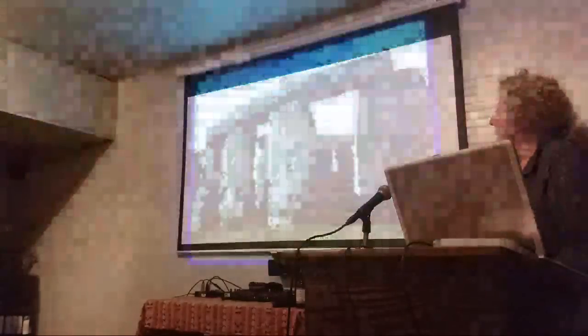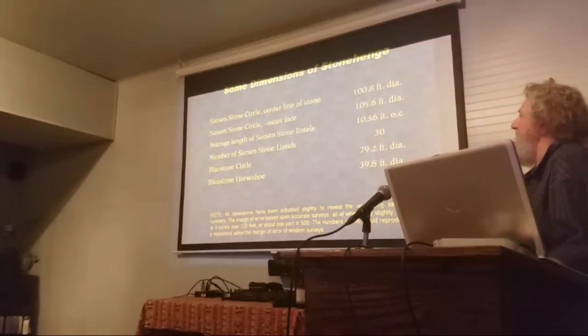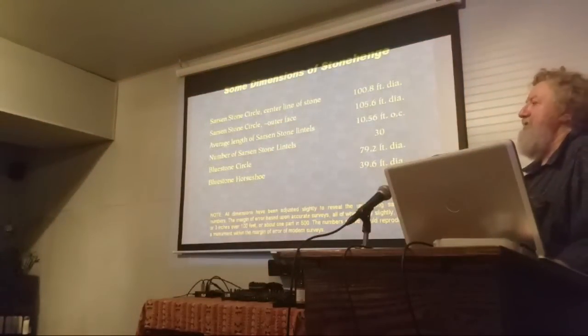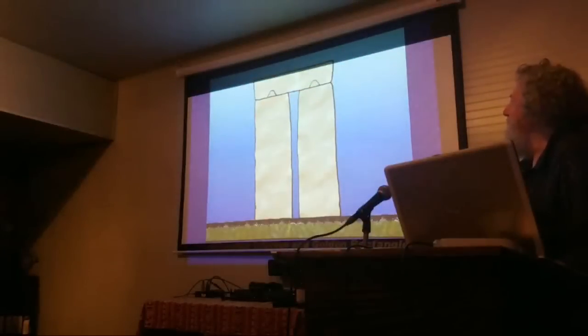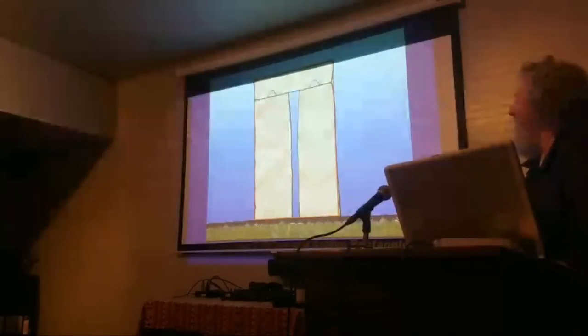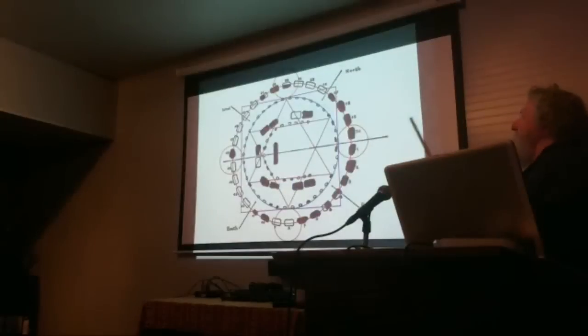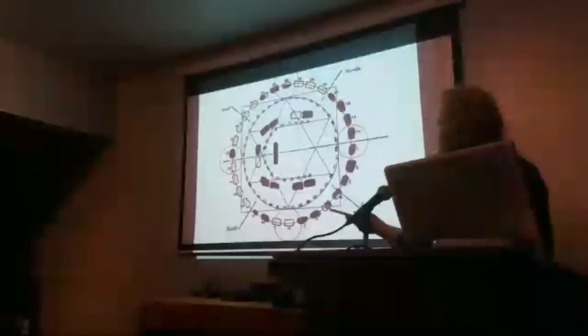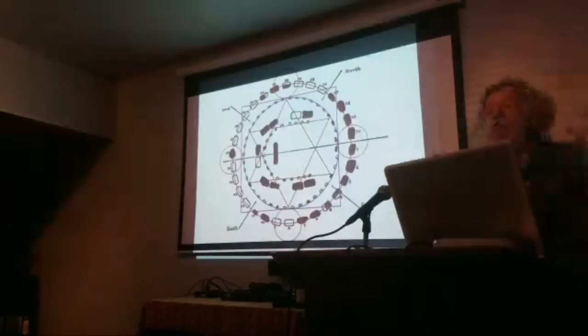Stonehenge, let's see here. Yeah, there's the ground plan of Stonehenge. Here's all the numbers. You know, it's almost like a whole class just to analyze these particular numbers. What I'll show you is that the sarsen stone trilithons fit perfectly into golden rectangles. There's a whole geometry template that was laid out on the ground to establish the design of the temple, and it's all based upon harmonic geometry and the squaring of the circle,